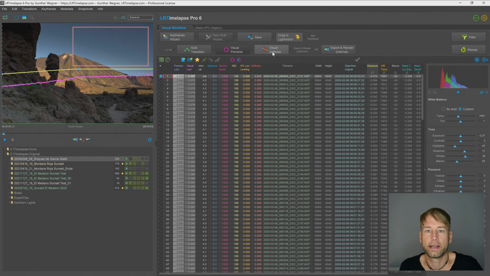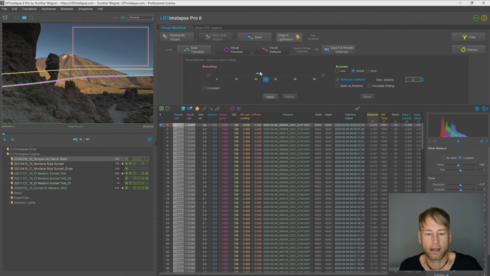So now let's activate the visual deflicker, and here you have a smoothing slider, which is the most important thing. If that would be 0, the curve wouldn't be smooth at all, so we would follow all the bumps here. But if you drag it up, you can see the more you drag it, the smoother the curve gets. So this smoothing slider should be set to just follow the global change in brightness, but just remove the flicker effects from the curve. So the green curve is what we would like to have, the pink curve is how